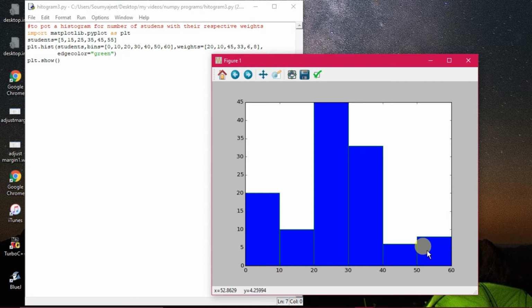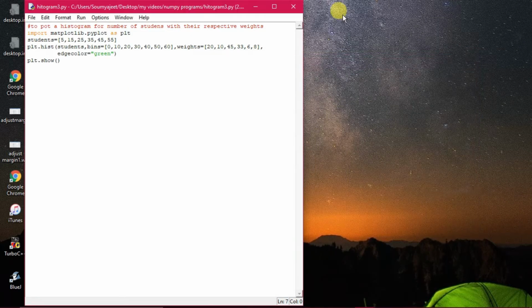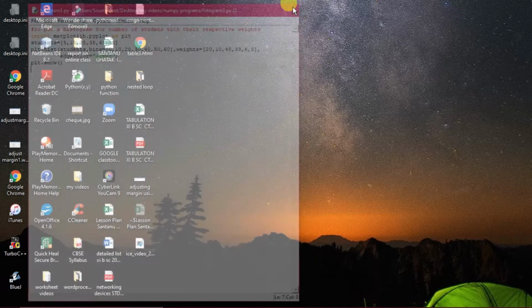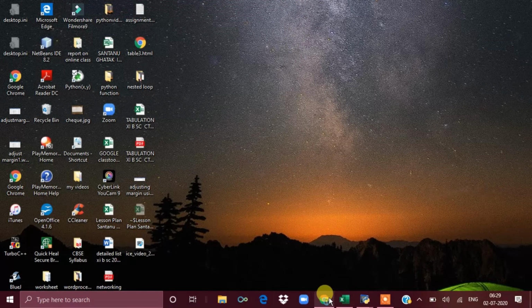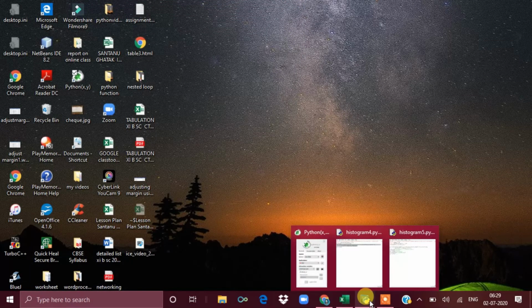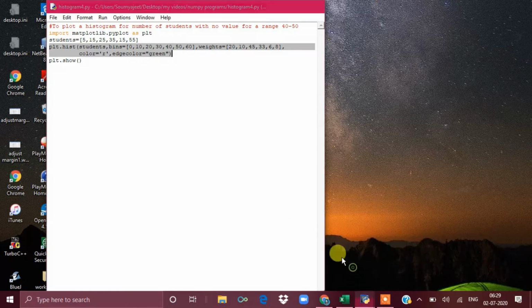This is a very easy program for you all. You only need to remember the hist method and the number of arguments you are passing to the hist function. All right, now see a little bit improvised version of this, which is how you can modify the ranges. That particular thing we will now come to in the coding.